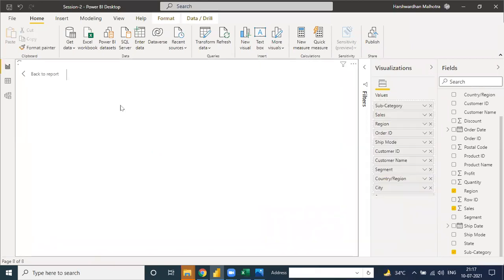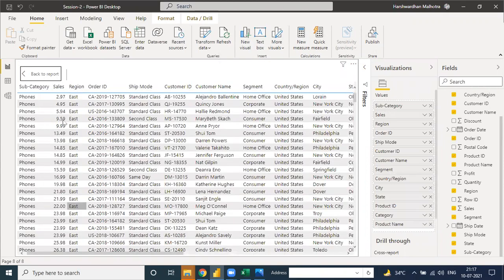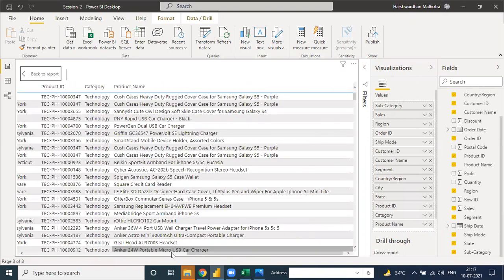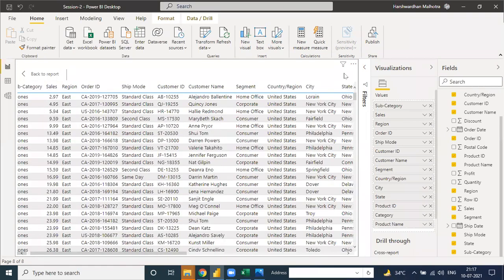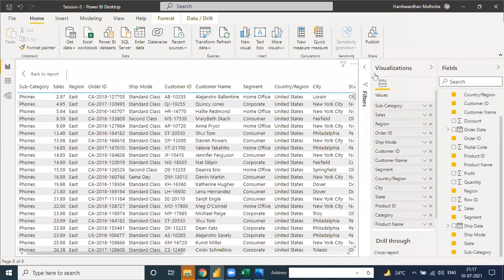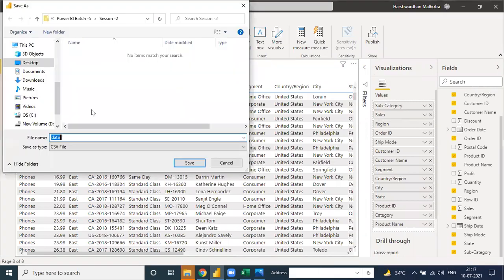See the highest number of sales in the phone category, the region and the highest total number of sales, and export to someone, like directly export data. It's already in a CSV file. Then you can share your CSV file with your manager, who asked you to extract the data from Power BI, and your data is ready.